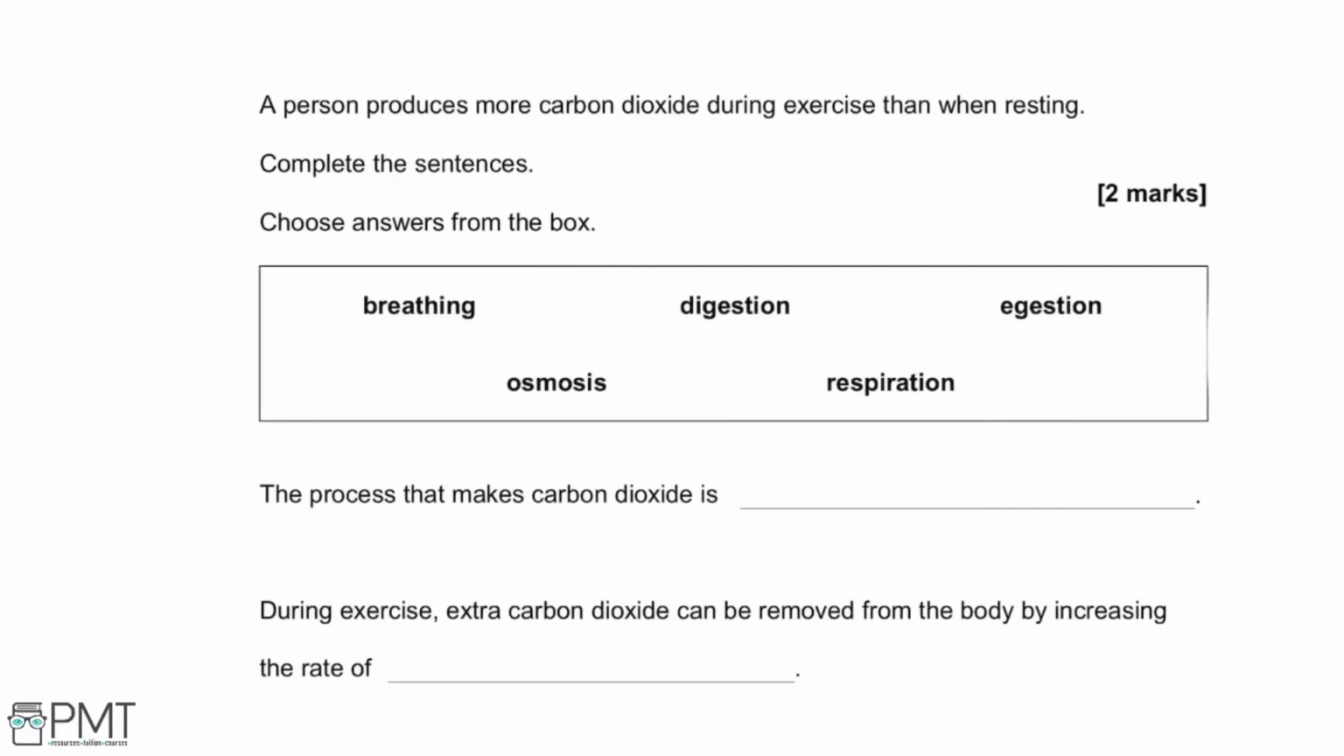A person produces more carbon dioxide during exercise than when resting. Complete the sentences. Choose answers from the box. And this question is worth 2 marks. So looking at the words that we are given, we've got breathing, which is your inhalation and exhalation to exchange oxygen and carbon dioxide. We have osmosis, which is the movement of water across a partially permeable membrane according to a difference in water potential, which means that the water will go from a dilute solution into a less dilute